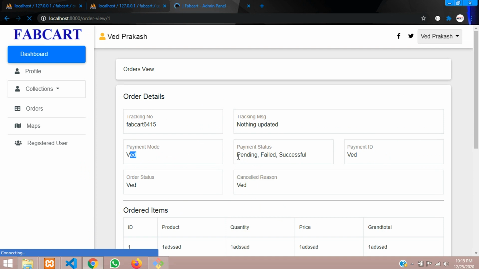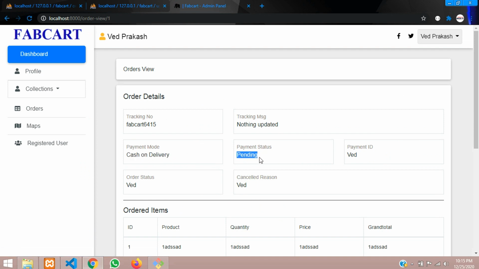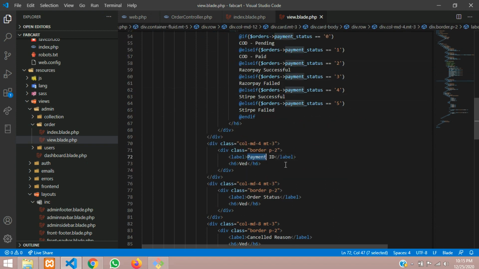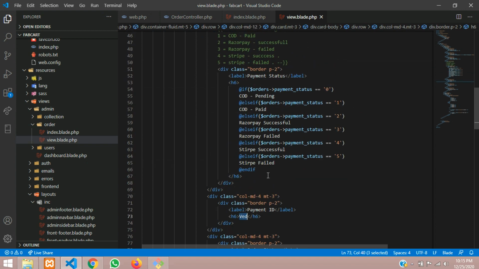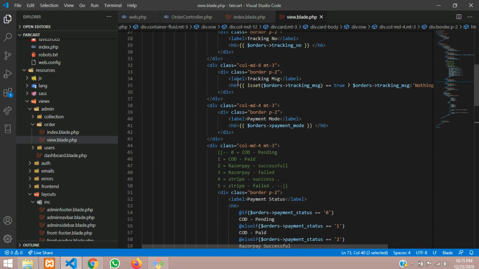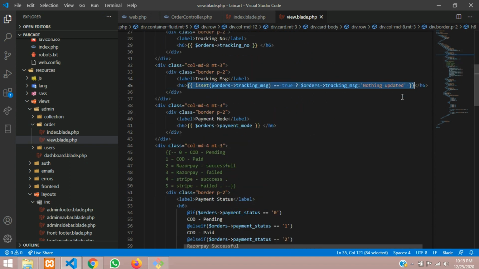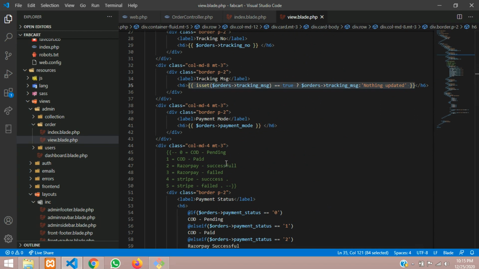So we will be getting all the details as per, right? So payment mode cash on delivery and payment status still pending. So cash on delivery pending also you can mention, instead of pending you can tell COD hyphen pending. So this method you can show the data. So guys, now I will fill up all this payment ID and all. So payment ID also, you can use this with the ternary operator, where we will be showing that it is not done like that.